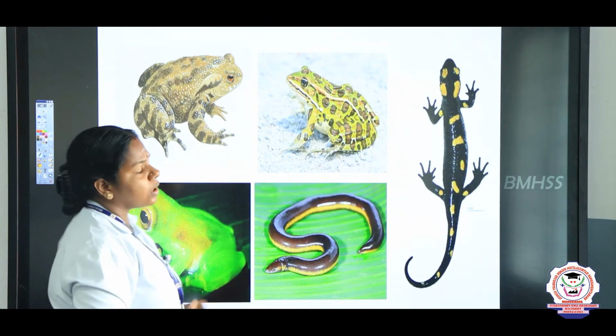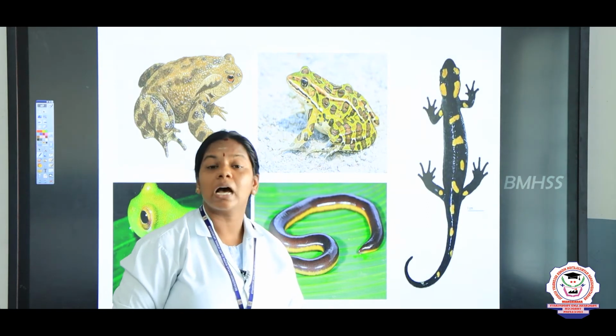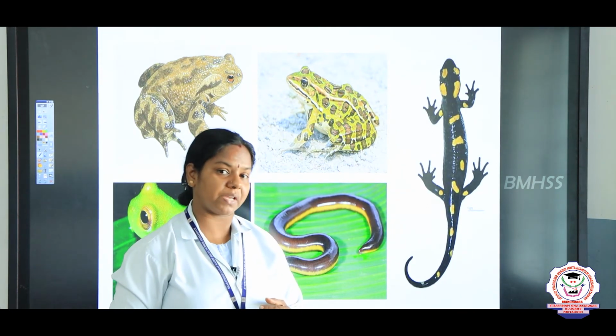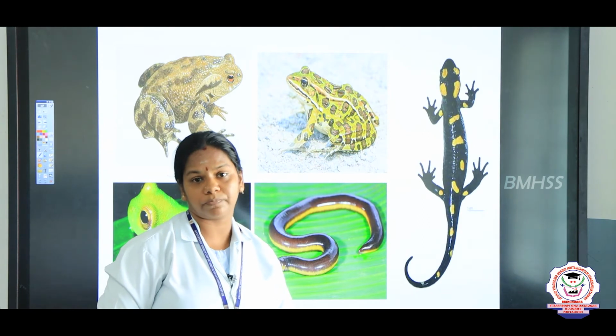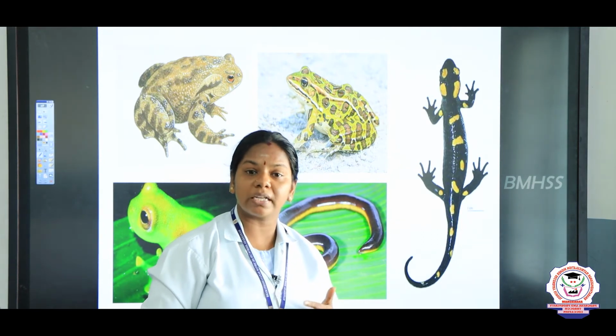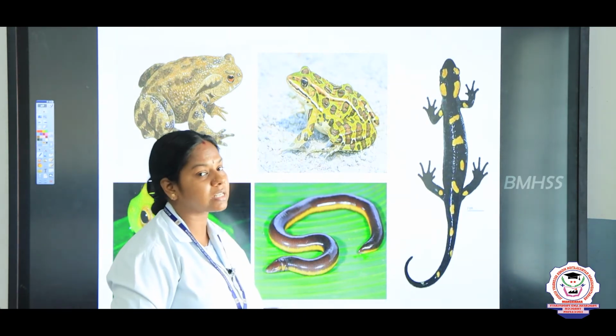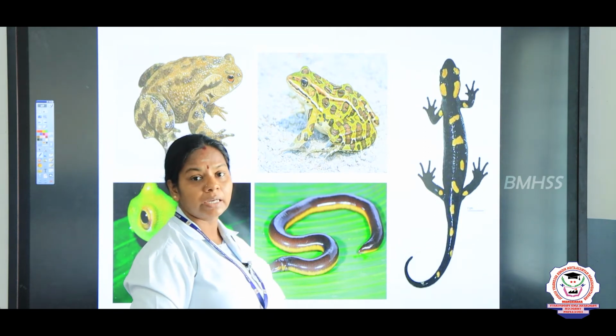All these amphibians undergo two types of sleep, hibernation and aestivation. Aestivation is a summer sleep. During a very hot summer, the amphibians lead a burrowing life, and we call that aestivation. In the extreme winter they undergo winter sleep called hibernation. Now let us see some examples of the Amphibia.